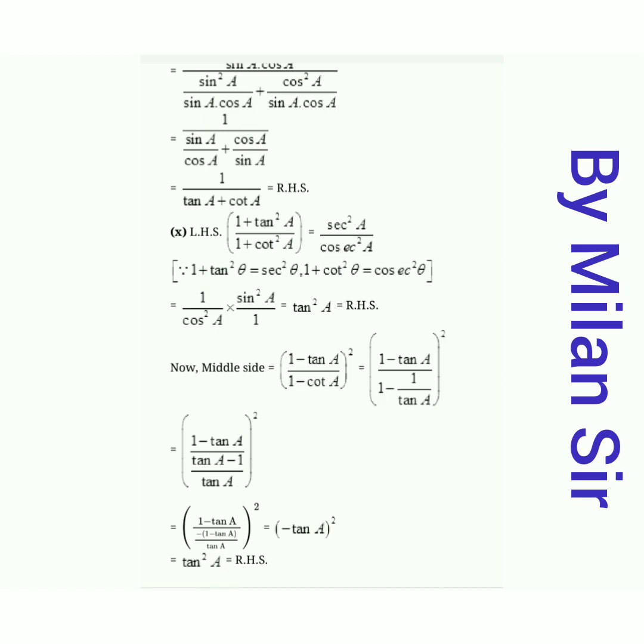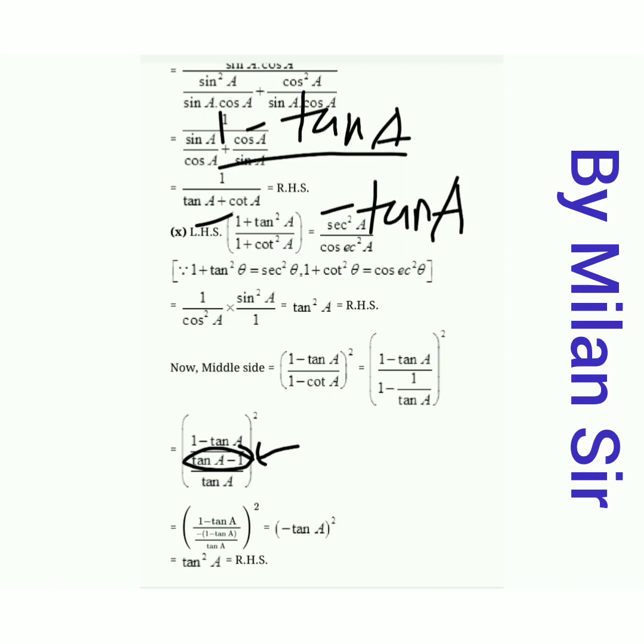Now here numerator 1 minus tan A, here tan A minus 1. If we want to make these equivalent, then in denominator we can take minus as a common, because if we take minus as a common, then we need to change the sign of tan A and 1. So alternately it will be the same as the numerator. So numerator 1 minus tan A as it is. Now in denominator I take minus common. So here plus tan A, so I need to write minus tan A, because I need to change the sign if I take minus as common. Here minus 1 is there, so I need to write plus 1, right?